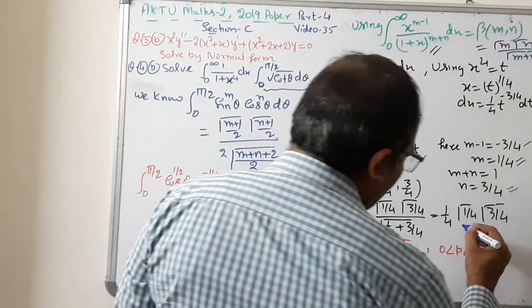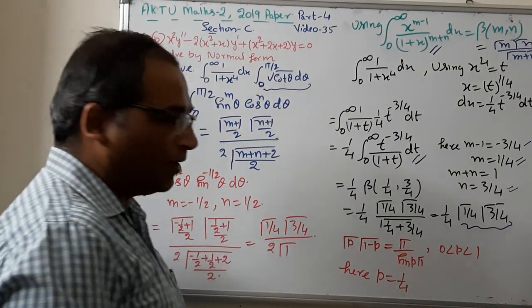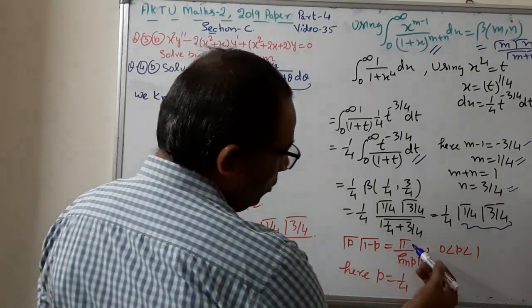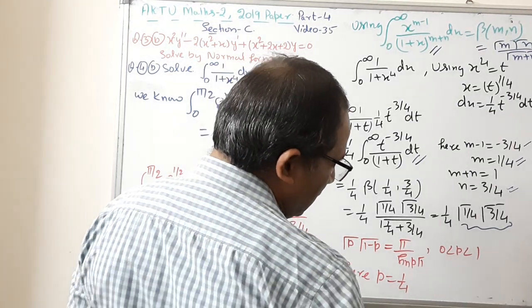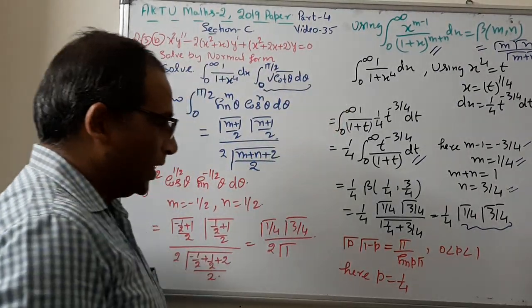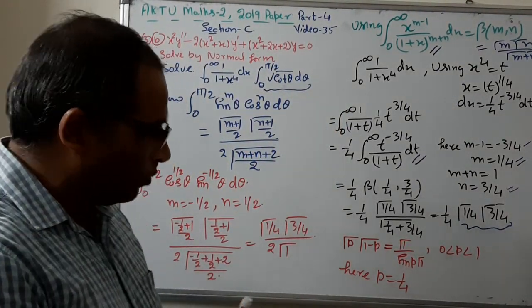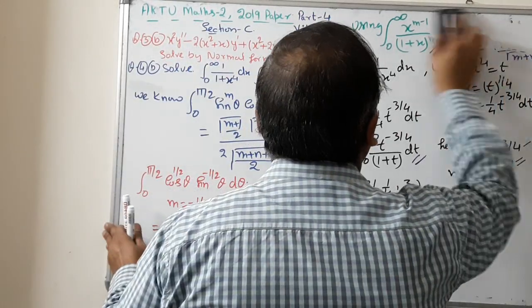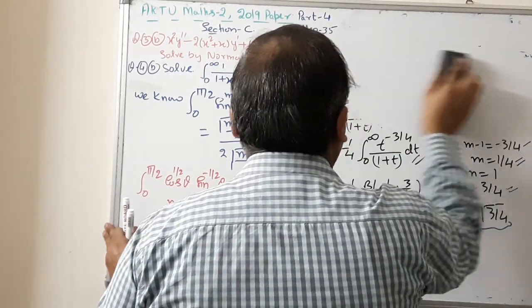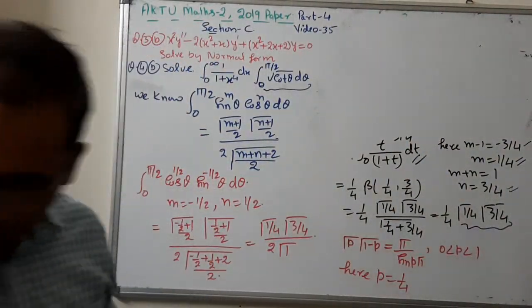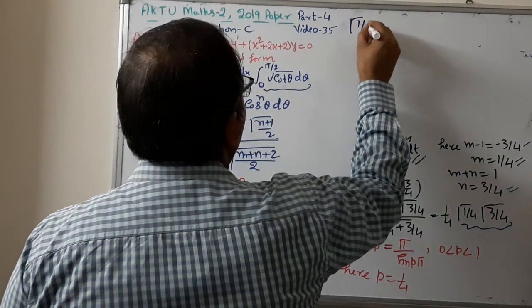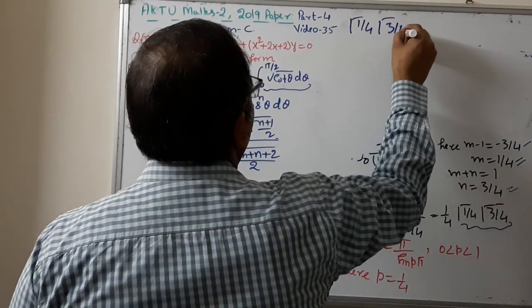For solving this value, we have a formula, that is gamma of p, gamma of 1 minus p equal to pi upon sine of p pi, where p should be between 0 and 1. If we put here p equal to 1 upon 4, we can find out the value of this one. Put here p equal to 1 by 4, so we get gamma 1 by 4, gamma of 3 by 4.